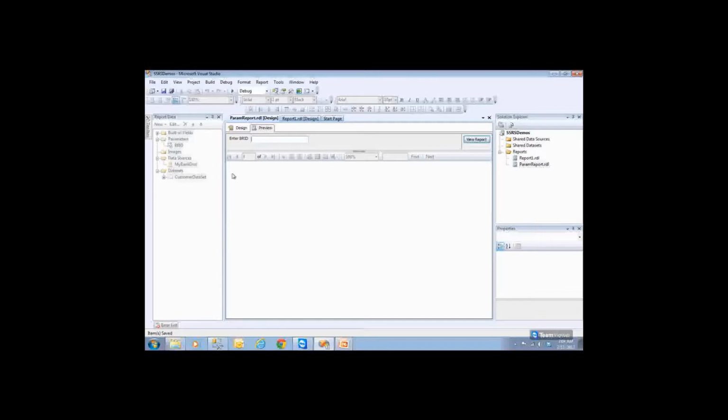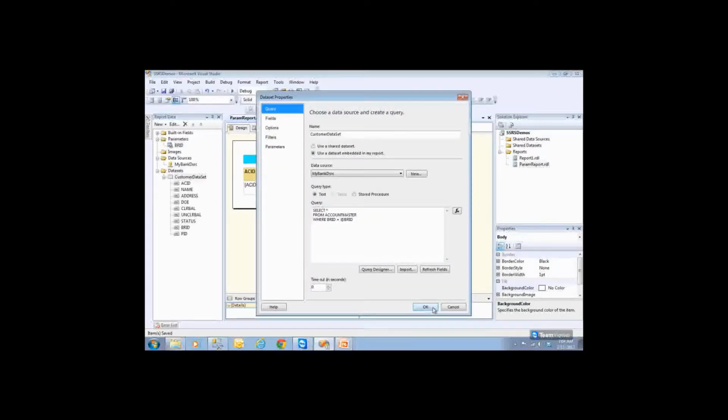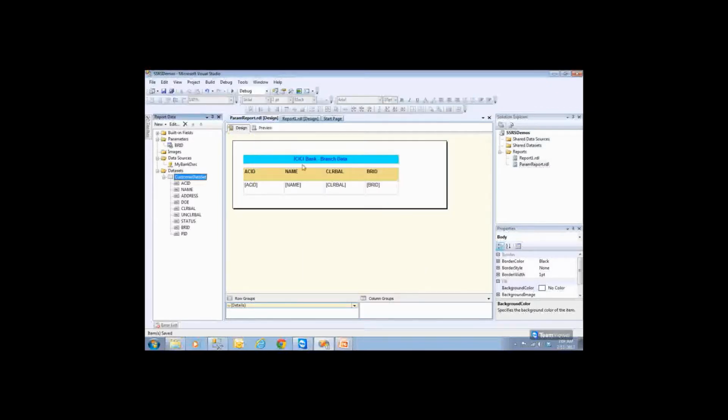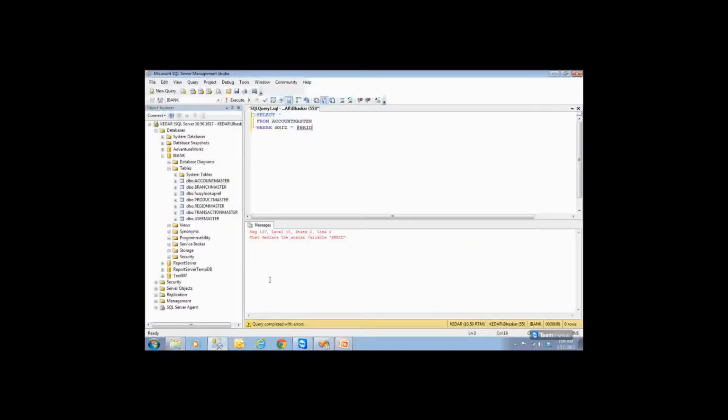Already we have one data set. This data set is getting the data and giving the data to the table. Now you need to create another data set. This data set supplies the values to the parameter. So I'm creating a new data set, add data set, embedded, same data source and the query. Let me write the query in SQL Server and copy paste it. So what am I writing now? I'm writing a special query. The query is that I need to get all branches. Select branch ID.